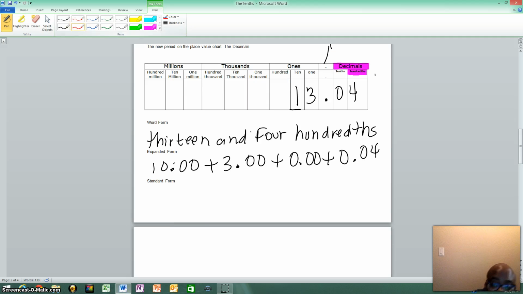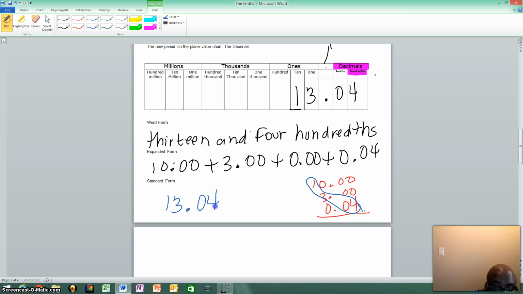Let me change colors. And if we do the same thing that we always do, which is circle our number, now we have our number in standard form. 13